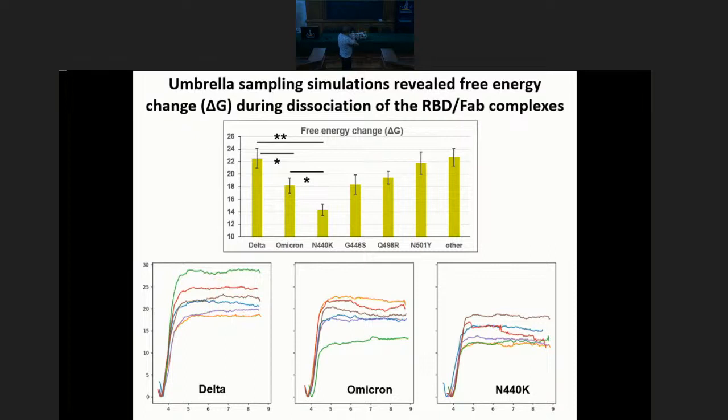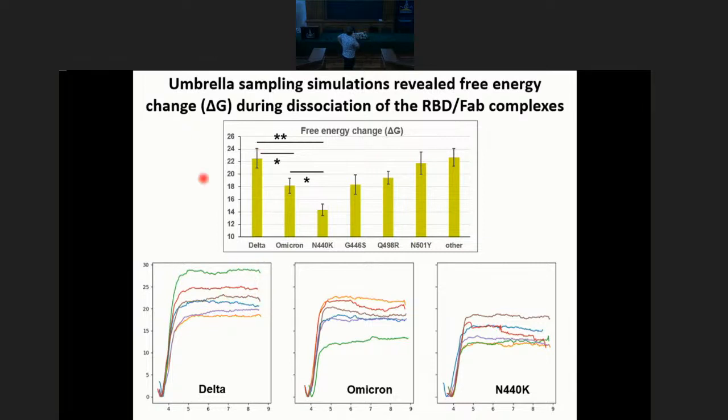That indicates that the structure of the complex of antibody and RBD is not stable, it moves, and the calculated energy depends on the structure we used for the start of these calculations. Therefore, we are forced to take several rounds of calculation and calculate the average with some errors.